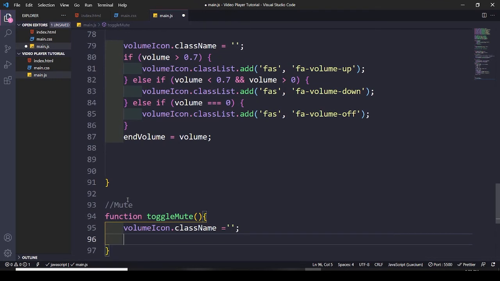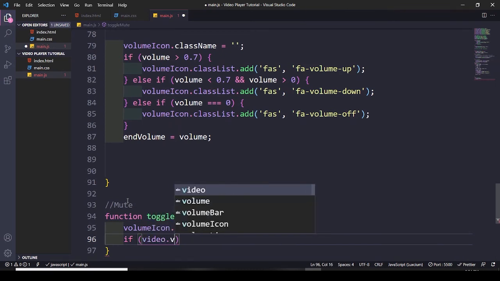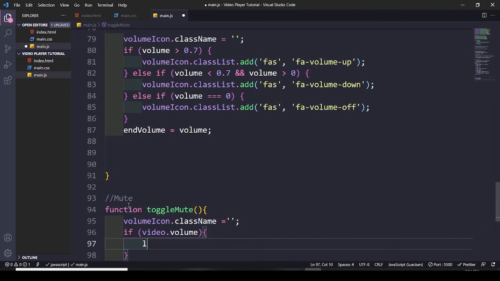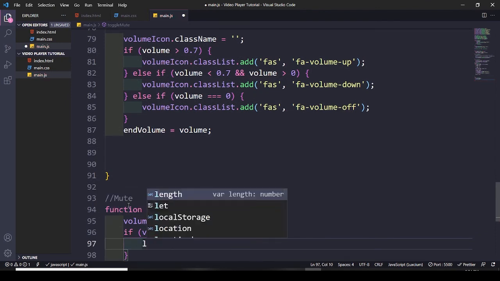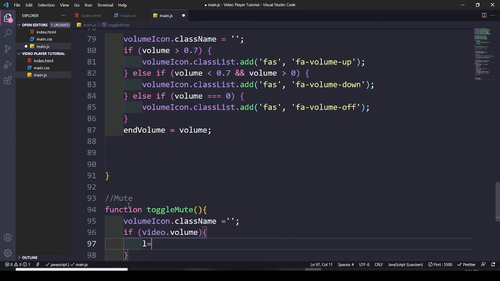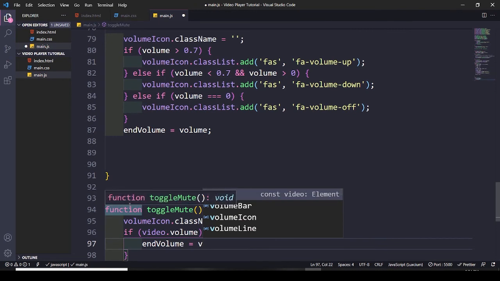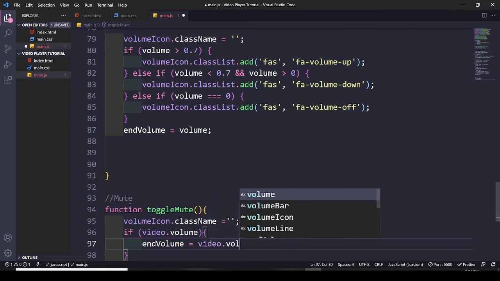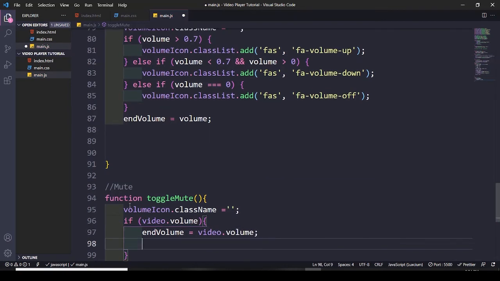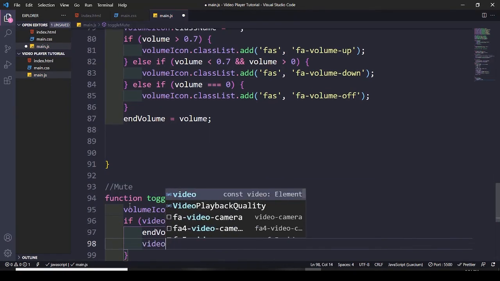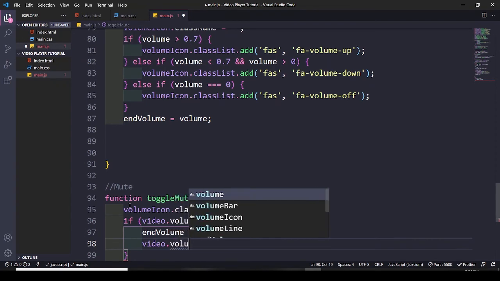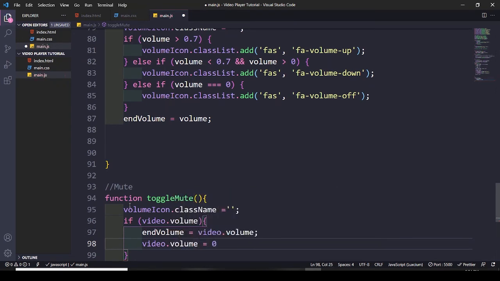nothing. Then let's apply a condition here. The condition is gonna be if video volume, and if video volume would have an end volume, then the video volume will be equal to end volume, and the video volume would be equal to 0. Okay,